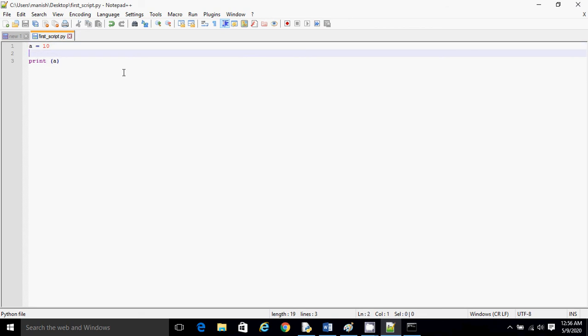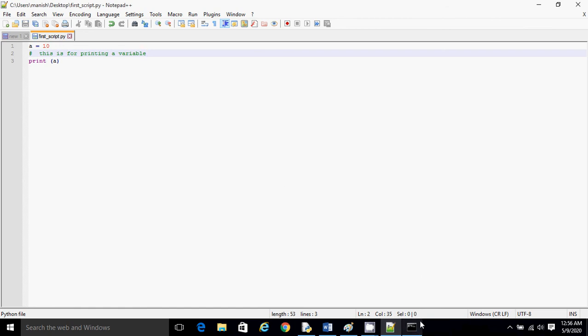Now what if I want to give a comment here? We can write a comment with the hash symbol. So this is for printing a variable.